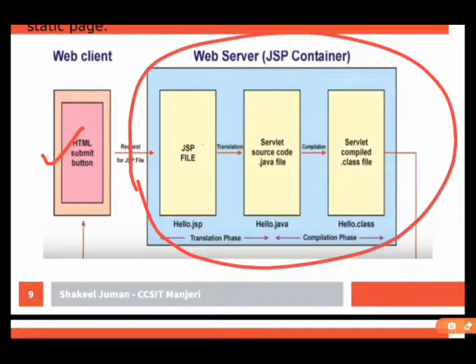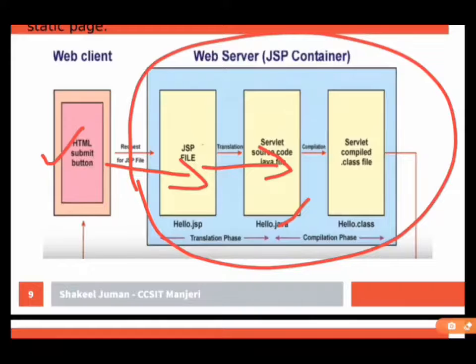At that time the request for the JSP file is sent. This JSP file is translated into the servlet source code, which is a .java file.